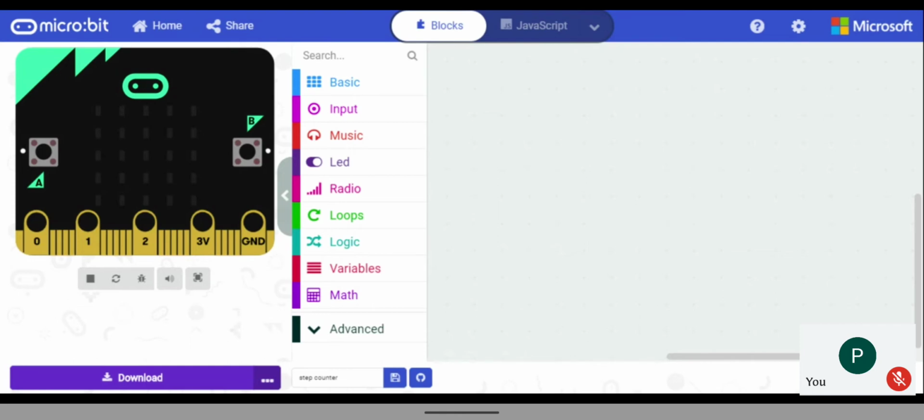We have 2 hands, 2 legs, one head. But if you have created a robot for that one, the program, if you want to make, you can make. That means you can mention right hand as A, the left hand as B, the right leg as C and the left leg as D.